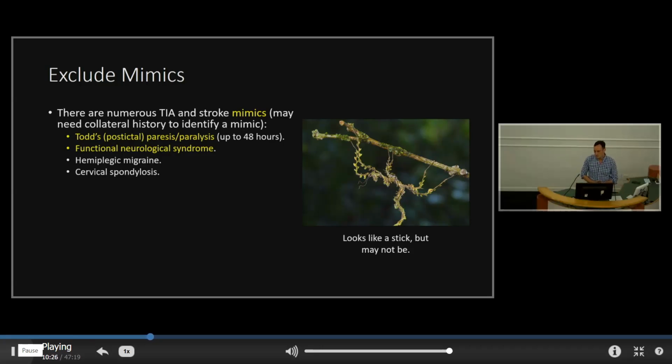Hemiplegic migraine and cervical spondylosis. Hemiplegic migraine, nausea is very common, and obviously a headache and aura-like symptoms. Migrainous pathologies often build up over minutes and sort of peak maximally after an hour or two. So that's one thing, whereas TIAs and strokes don't present with that kind of a time course. TIAs and strokes are sudden and maximal intensity at onset, right away, boom, migraines build up.